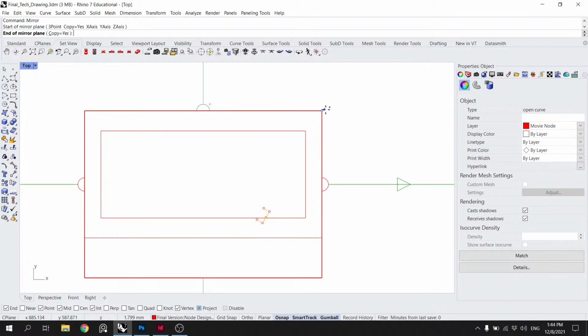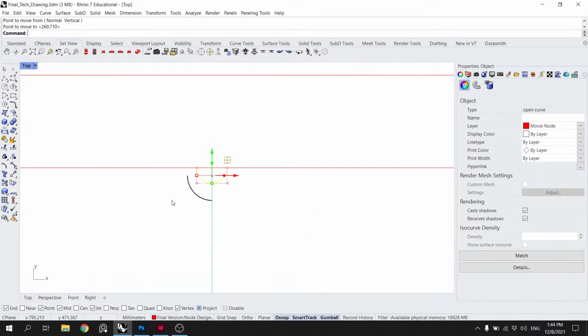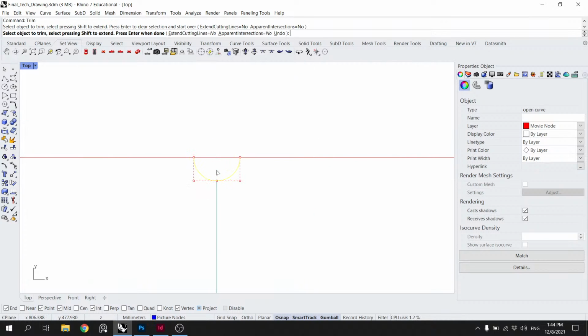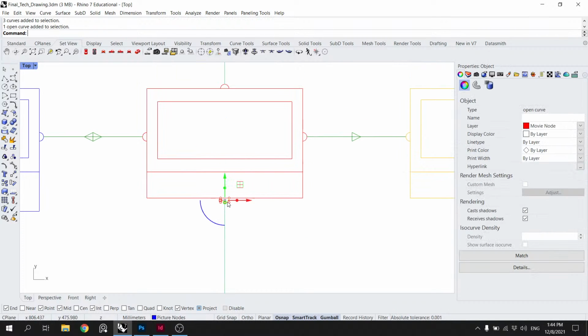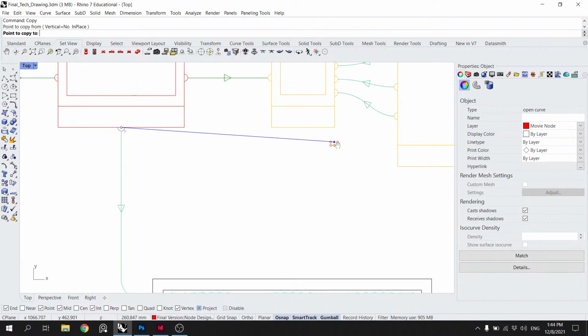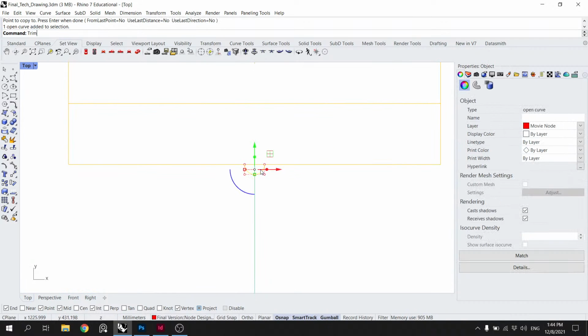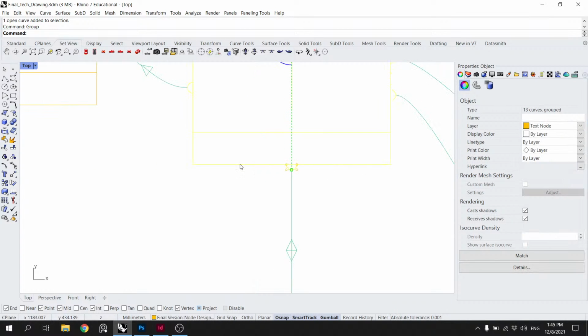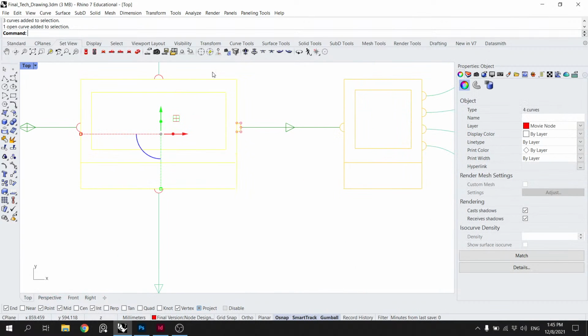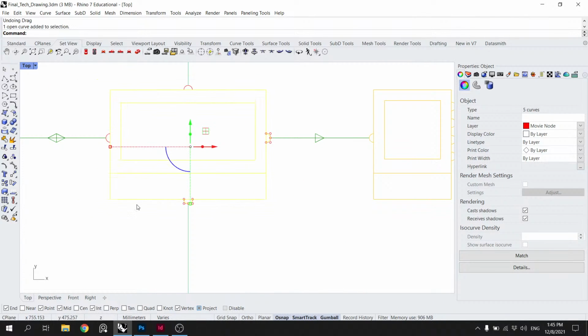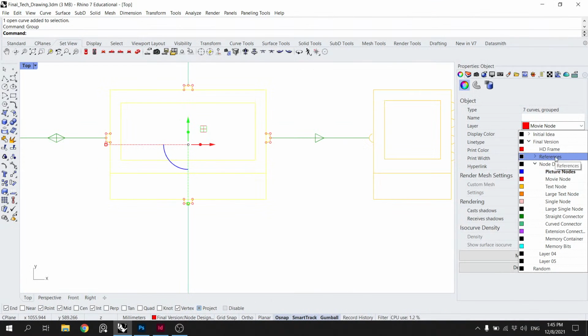I'll just do that down here, and then we'll trim. Save that. I'm gonna move copy one of him down to here. And this one's gonna trim here. This is gonna get ungrouped. That's gonna get grouped. Effect node. Select everything here. Yeah, this is gonna be my movie node.